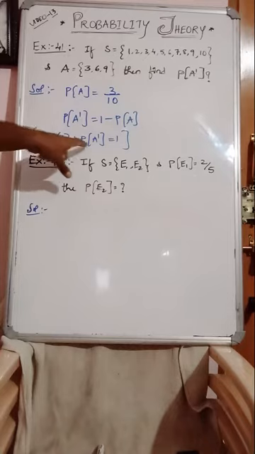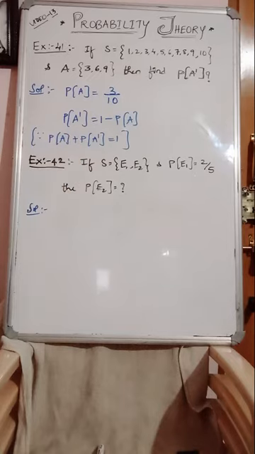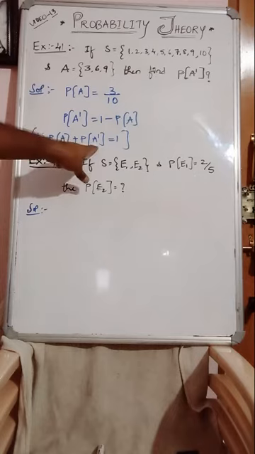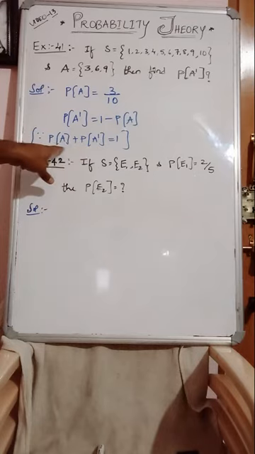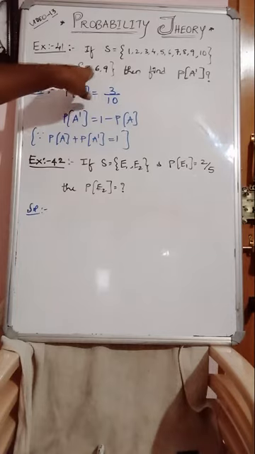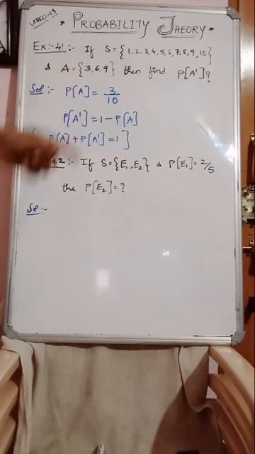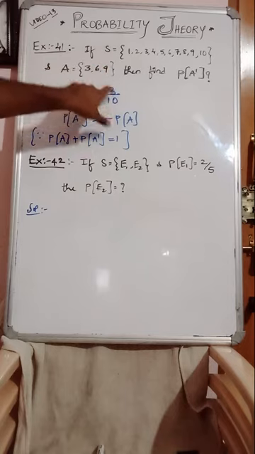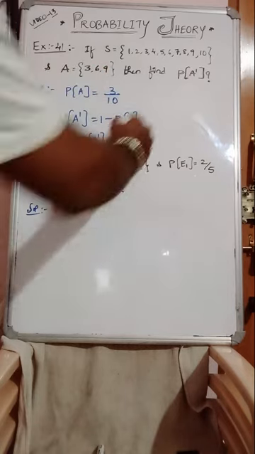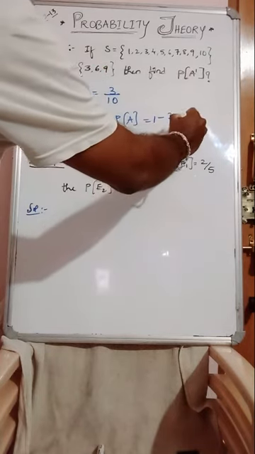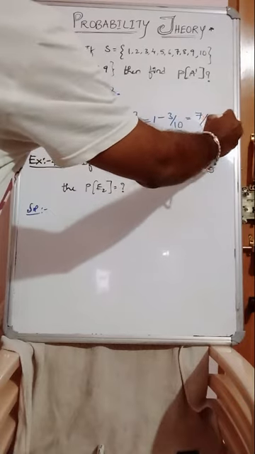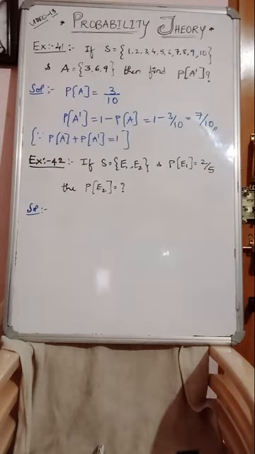So as you all know, P of A plus P of A dash is always equal to 1 because A and A dash are complementary events. Since A and A dash are complementary events, one which possesses and one which does not possess, right? So P of A, with 3, 6, 9 favorable cases given, out of 10 were 3, so 3 by 10. Then what about P of A dash? 1 minus 3 by 10. The answer will be 7 by 10. Are you clear, guys? So the answer will be 7 by 10.